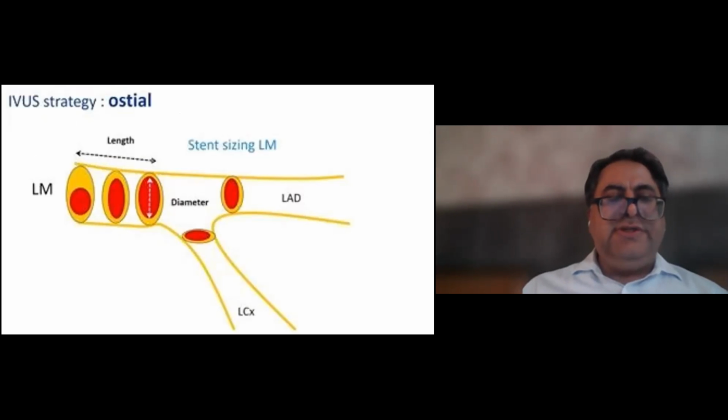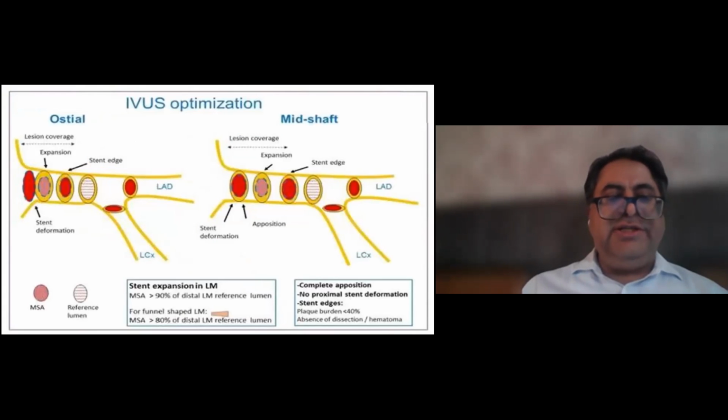If we use IVUS in left main, that is a very helpful tool to determine the length of the lesion. We can know the length of the lesion, the diameter of the left main, and the diameter of the LAD, and we can do stent sizing with this strategy. So the IVUS